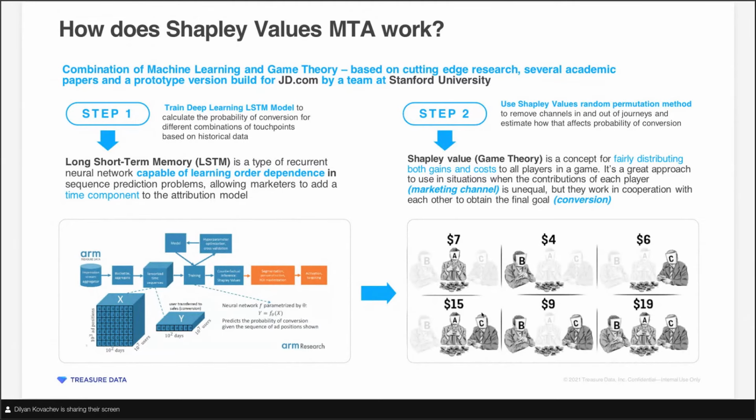Once we train the model, we optimize it, and we freeze it, the Shapley method just takes channels in and out of journeys and reevaluates the probability that that journey results in conversion. And we take the change in those probabilities to give credit for how much moving channels in and out of the journeys affected that probability of conversion.